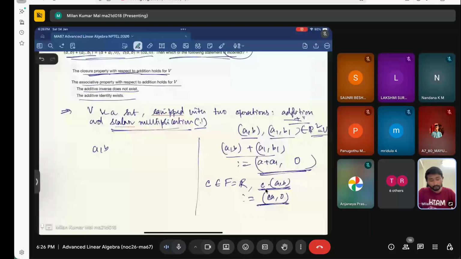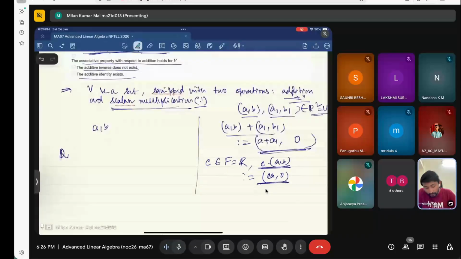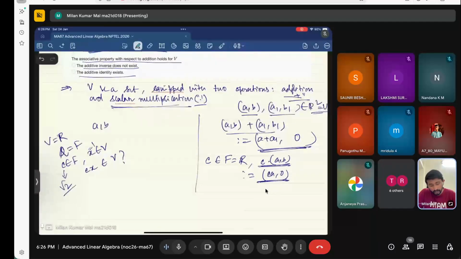Closure can fail. For example, suppose you have rational numbers and real numbers. This is V and this is the field. Now you want to multiply an element c from F and another element x from V. You want to see whether cx is in V or not. Always this is not the case, because, for example, if you take x equal to 1 and c is some irrational number, root 2, that is a real number, but root 2 times 1 is not in V, where V is, oh sorry,